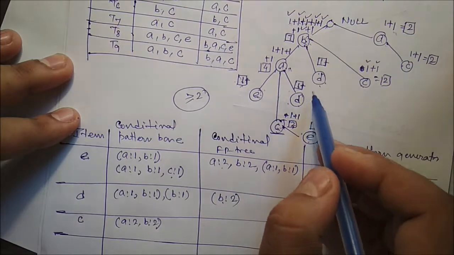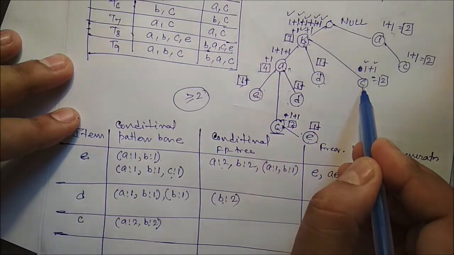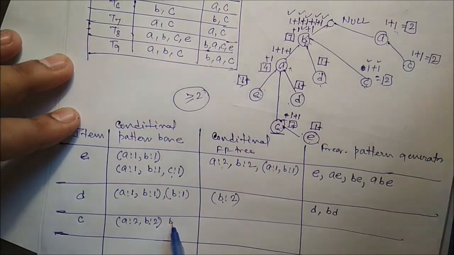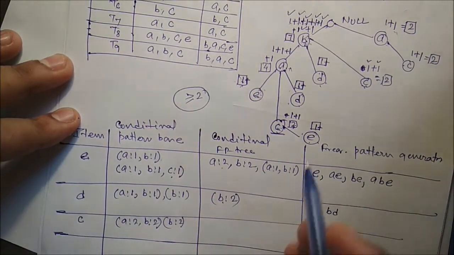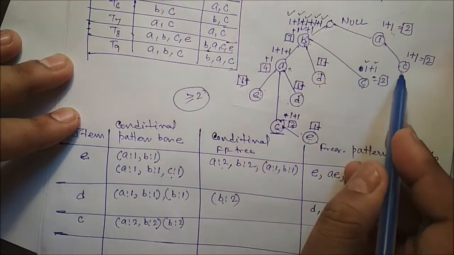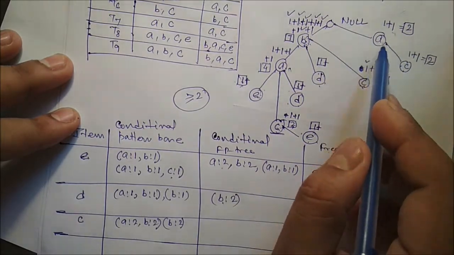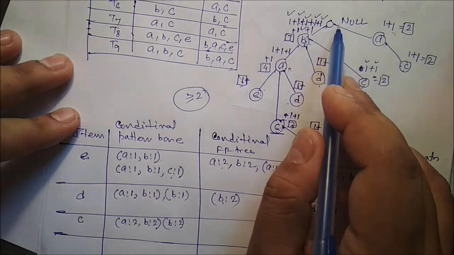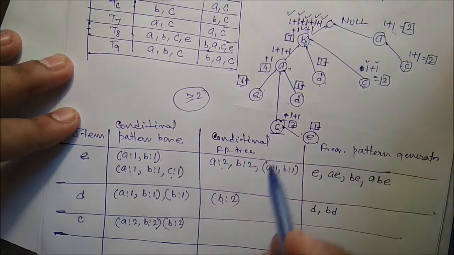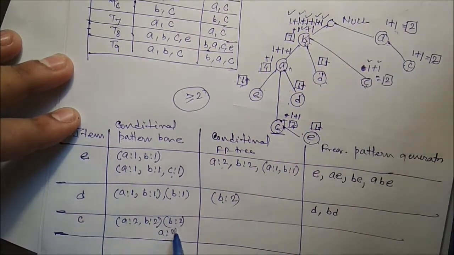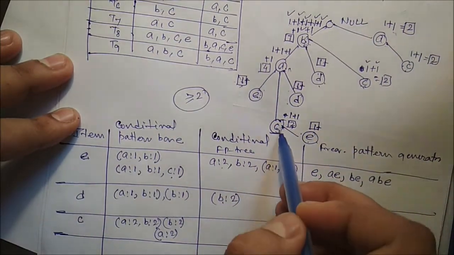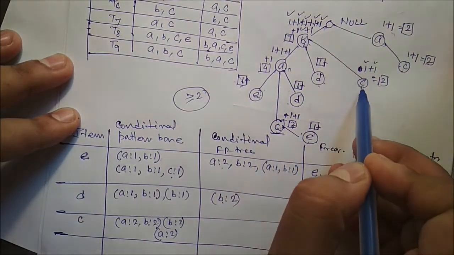Next C is there. Where is C? This one is the C. Similarly, it is C 2 times, so there must be 2 times B passes, so B2. Next another C is here, this one. So C is equal to 2, so there must be 2 times the algorithm passes this particular path, so there must be E2. Okay, so I think C is over, C, C and C.